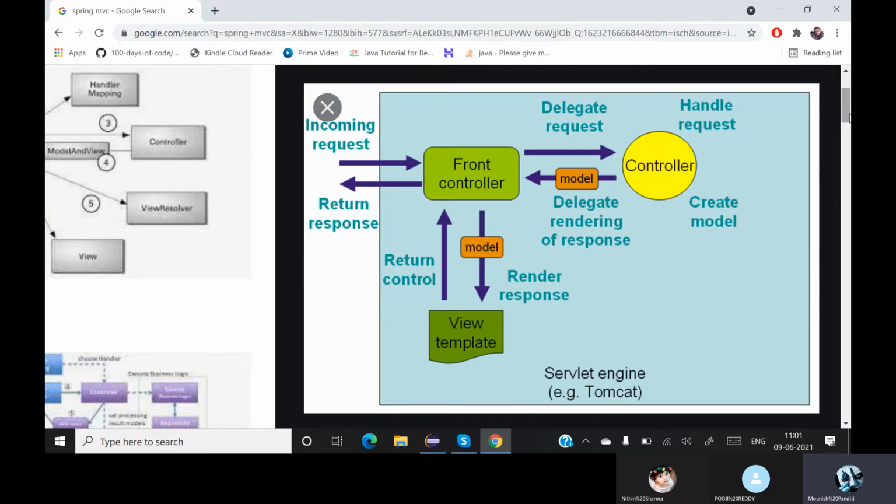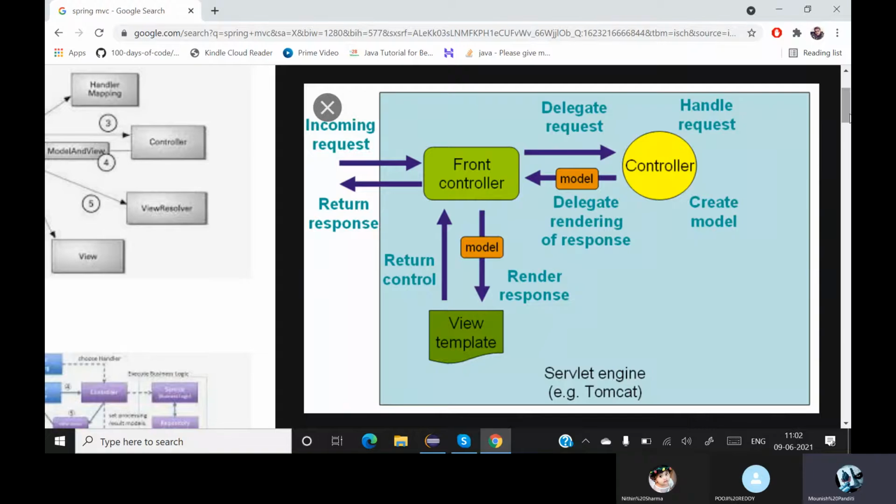But when coming to Spring, it has two types of controllers: the front controller and the regular controller. The front controller is basically used only to take the request and give the response. Once you take the request, you send it from the front controller to the controller.